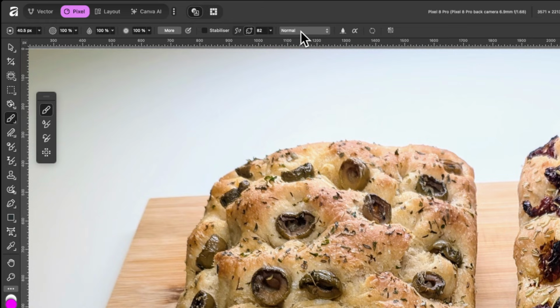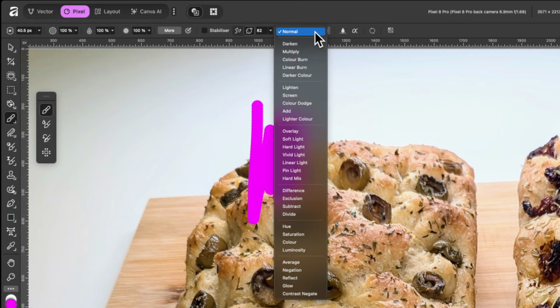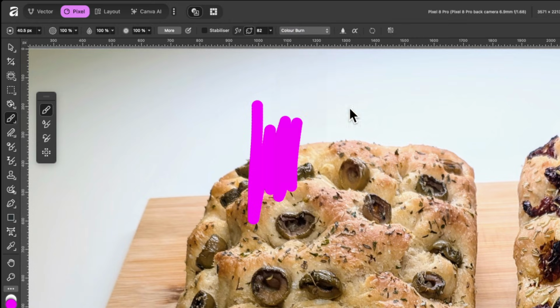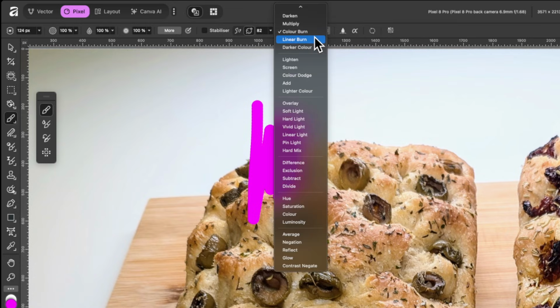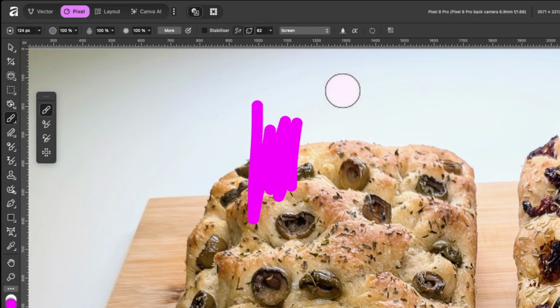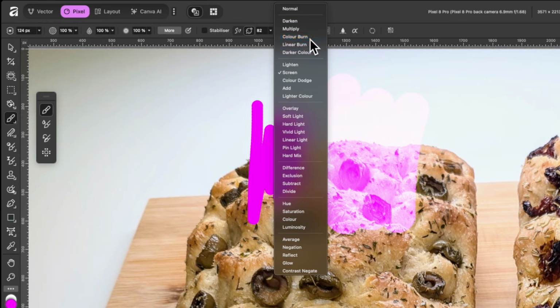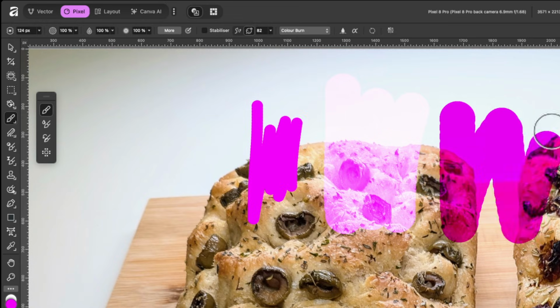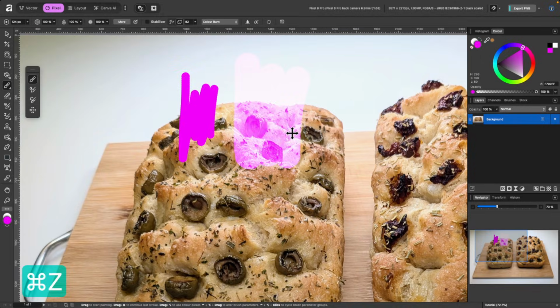And of course we have our blend modes here. Right now it's on normal, so I'll quickly paint over that bread there, painting directly onto the image. And I'll switch it to color burn. In fact, I'll increase the brush size so you can see it a little bit better. See, as I hover over, you've got that color burn there. You can switch through them to see which one you'd prefer the most. Maybe I'll go on screen. So I'll quickly paint that there, and then I'll switch to a different one, color burn. And there we go. So you can use the different blend modes with the paintbrush as well. I'll press Command Z to go back.